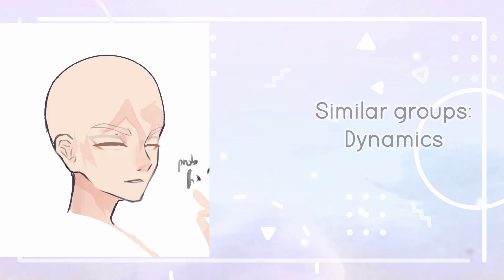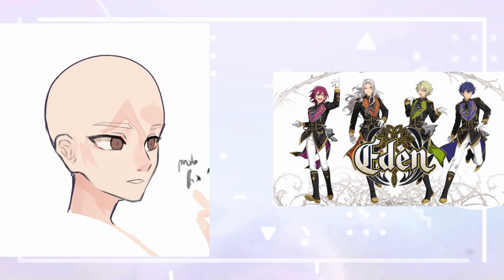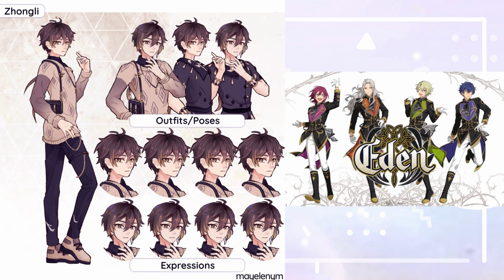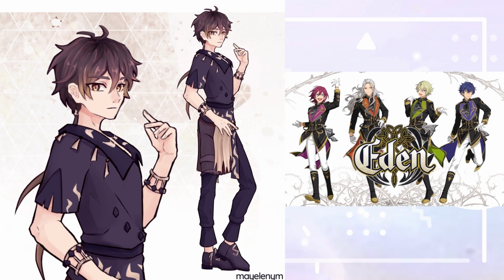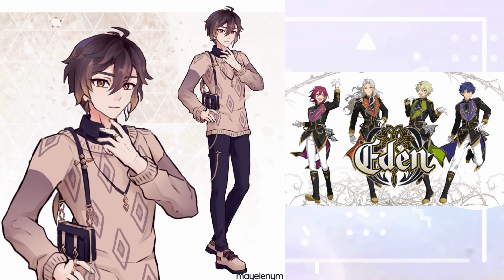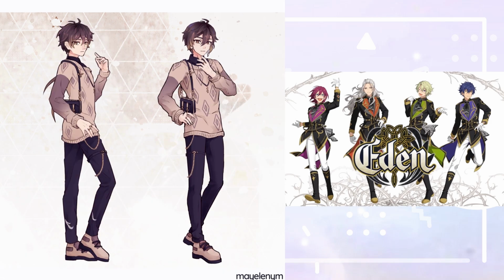And finally, I mentioned idol groups. This group would be inspired by dynamic and music-wise. For once, this group's dynamic would remind me of Eden from Ensemble Stars. The group is kind of split up into Adam and Eve, and Ran from the Adam group fits to Zhongli and Ibara to Child, while for Eve, Kavi is similar to Hiyori and Alhaitham to Jun.